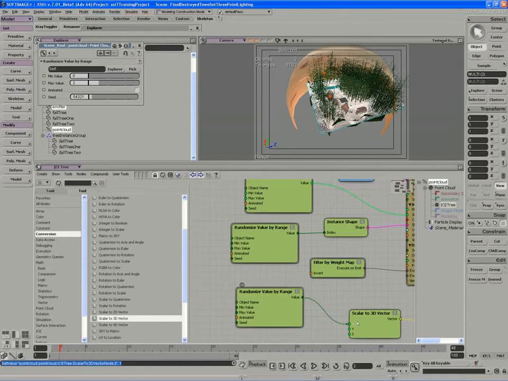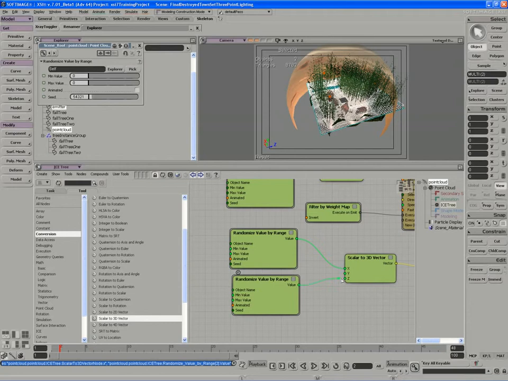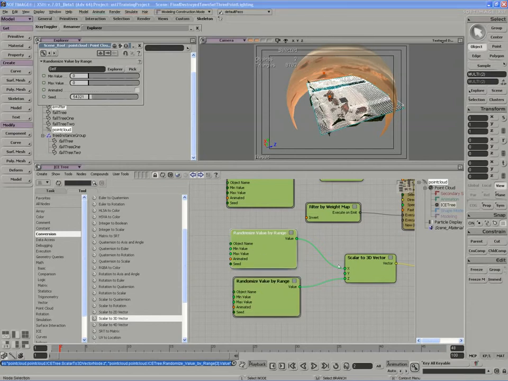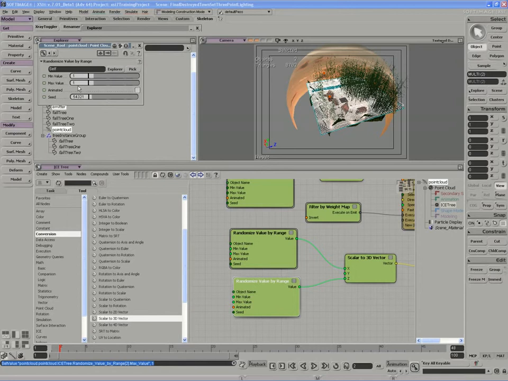As soon as I plug that in though, you can see it reverts back to 0. And the reason it does that is because we're actually changing the data type, so we might not even want the same values when we change data types. I'll copy and paste that and use it for the Z value. So now we have no trees at all, and the reason is because the X is randomized between 0 and 0, and the Z is also randomized between 0 and 0. If we bring those back to 1,